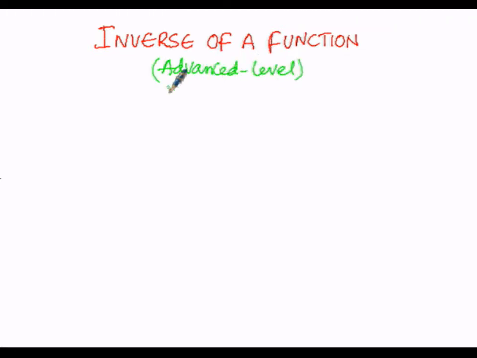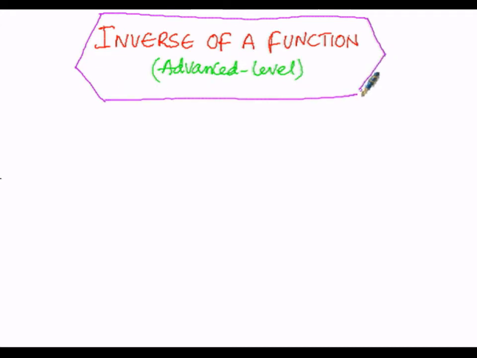So, if f of x is from A to B, if it is 1 to 1 as well as onto, then the inverse function, given by f inverse, that is from B to A, is also a function. Now here we are going to discuss the inverse function. The definition of this inverse function is as follows.